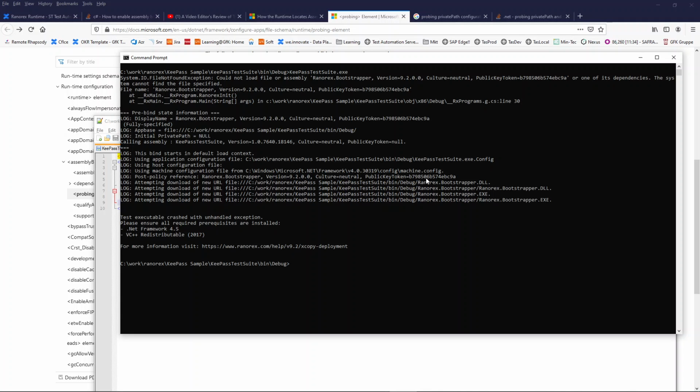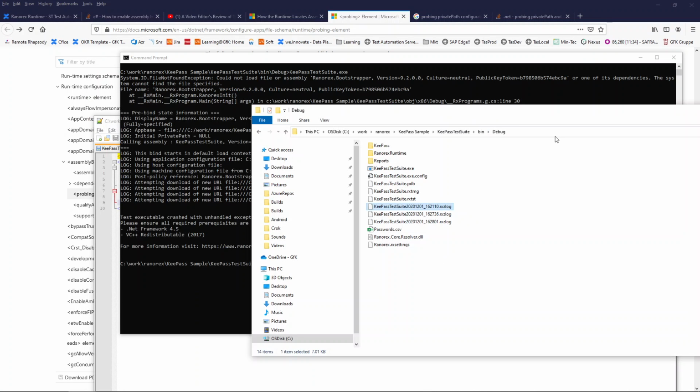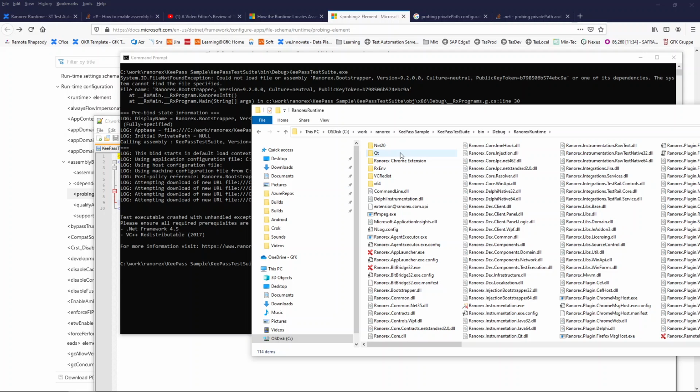It doesn't find the Ranorex Bootstrapper DLL because it is inside the Ranorex runtime directory. So if I look for the Ranorex Bootstrapper, it is there.